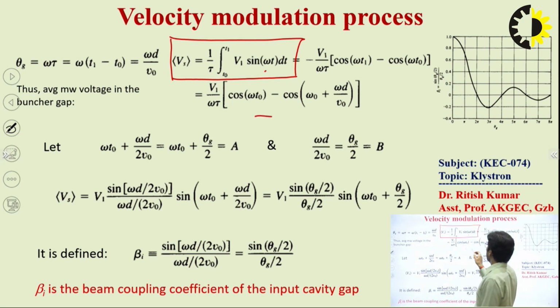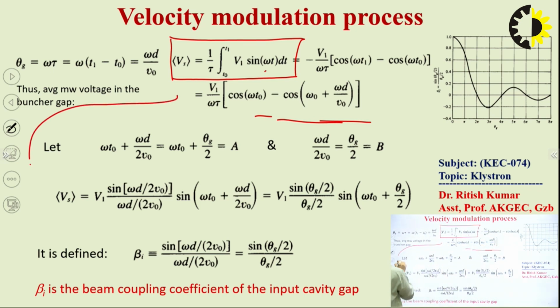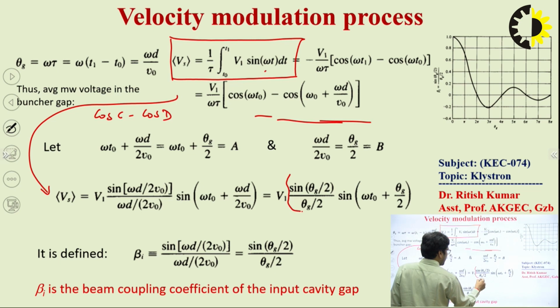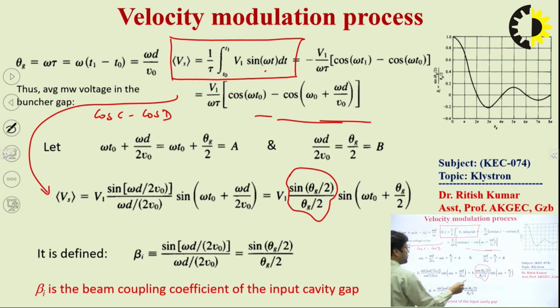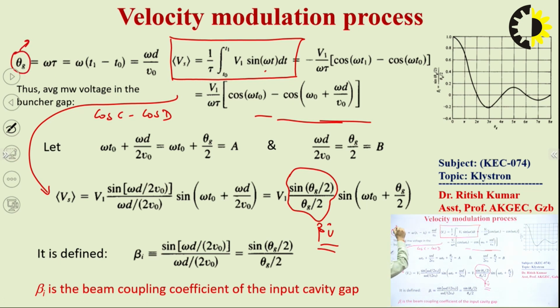We have this equation, and after applying the cos C minus cos D formula, we have this equation. Here you can see this factor is represented by beta I, which is known as the beam coupling coefficient of the input cavity gap. This is nothing but a sinc function, we can say, sin of theta z by 2 upon theta z by 2, where theta z is the transit angle,